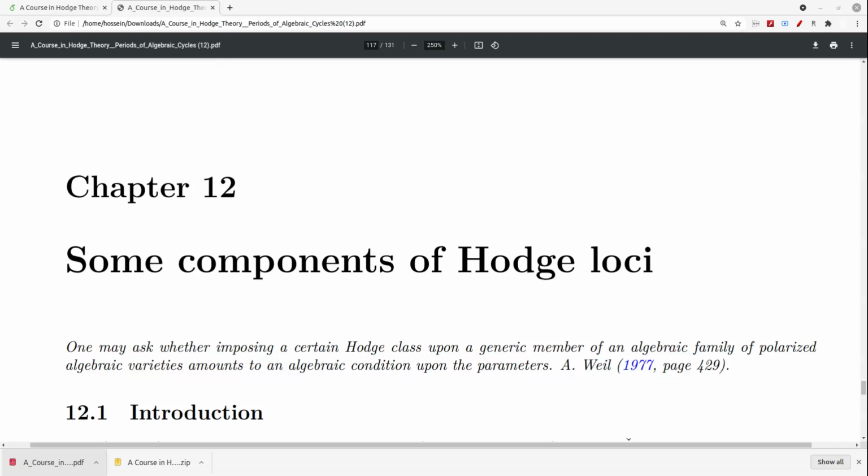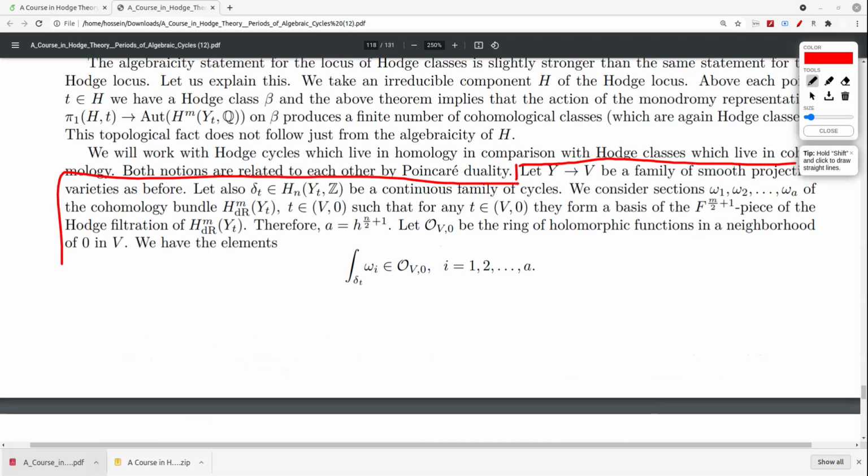My name is Hossein Mobasati, and I am going to talk about chapter 12 of my book with Robert. It's about Hodge Locus and some components of the Hodge loci. The definition of Hodge Locus using integral